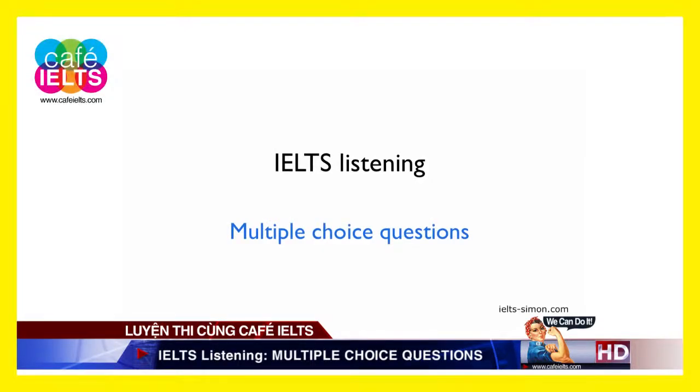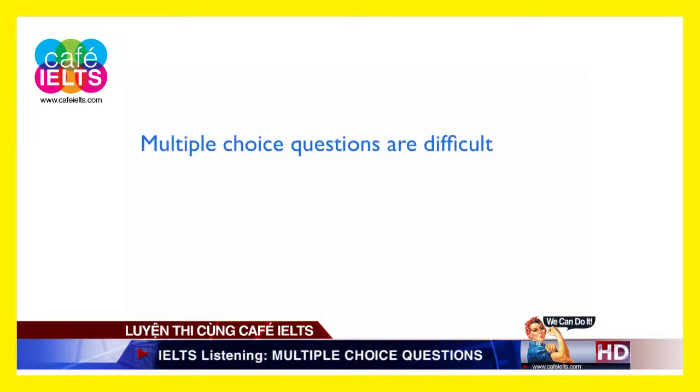IELTS listening multiple choice questions. People often ask about multiple choice questions in the listening exam because they're difficult. The reasons why multiple choice questions are difficult are there's more to read. You've got 3 or 4 choices maybe, plus the question, so there's a lot of text to read before you